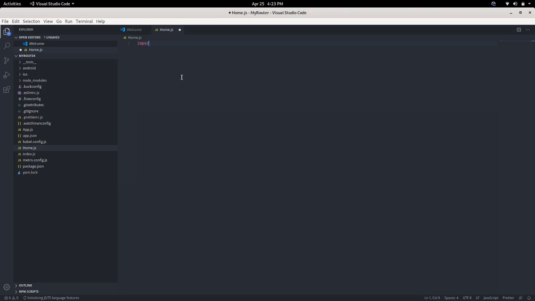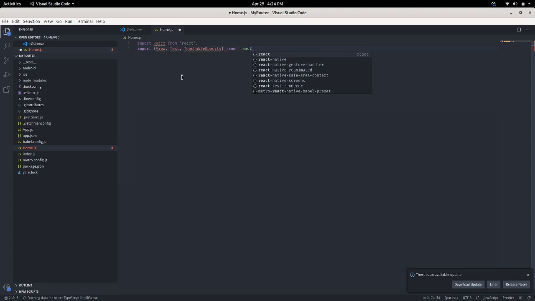Here I will write import React from react, import View, Text, TouchableOpacity from React Native.